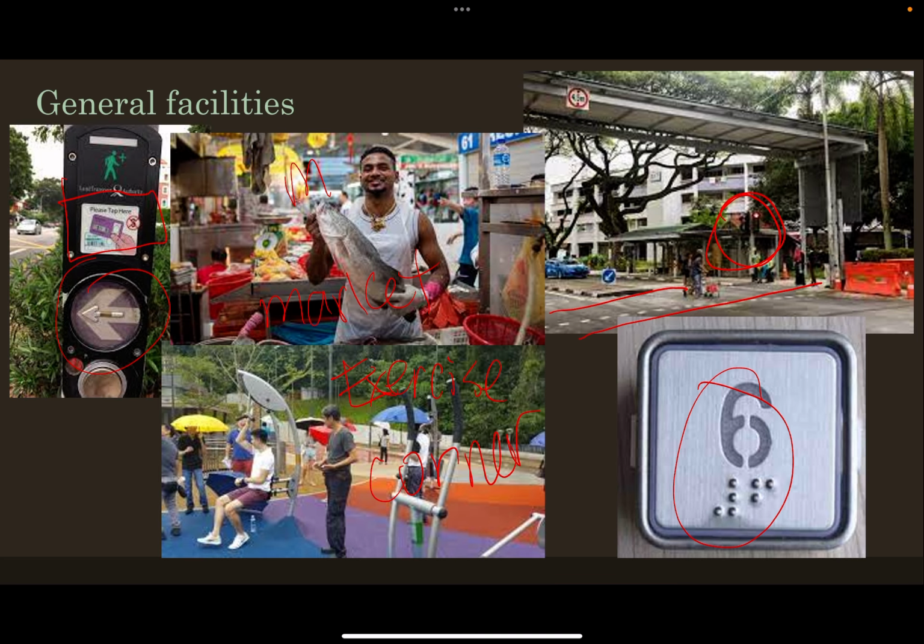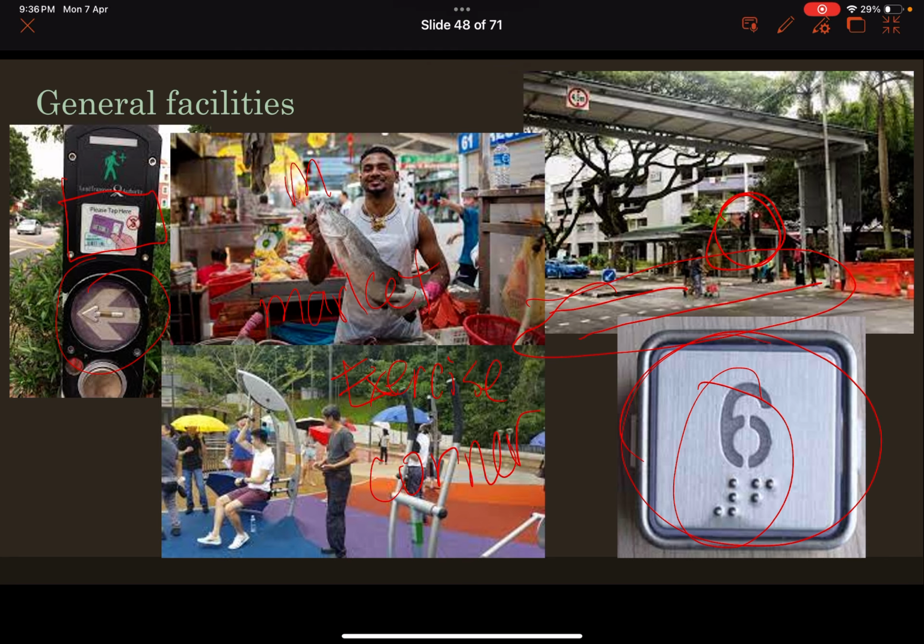We don't have HBL this week, so you will not be able to do the HBL activity yet. But for week 4, your HBL activity will be to take 15 minutes to walk around your estate and take photos of inclusive housing amenities in your own estates. It can be as little as braille buttons on the lift and maybe pedestrian crossings. Or if you can find all of these things, then please go ahead and take photos of that. Don't worry, I'll remind you again when we come to that. So with that, we end the lesson for second